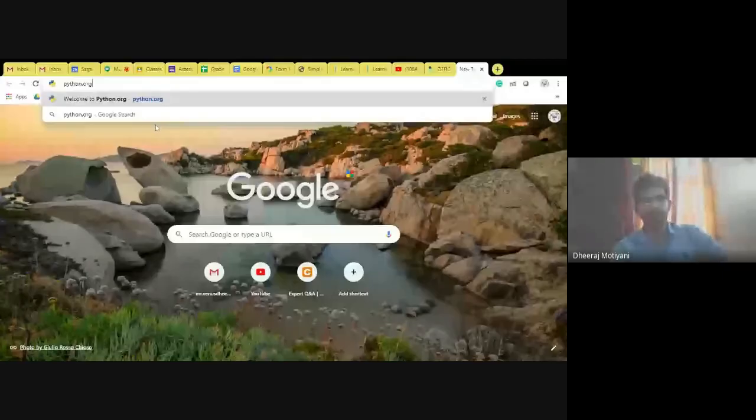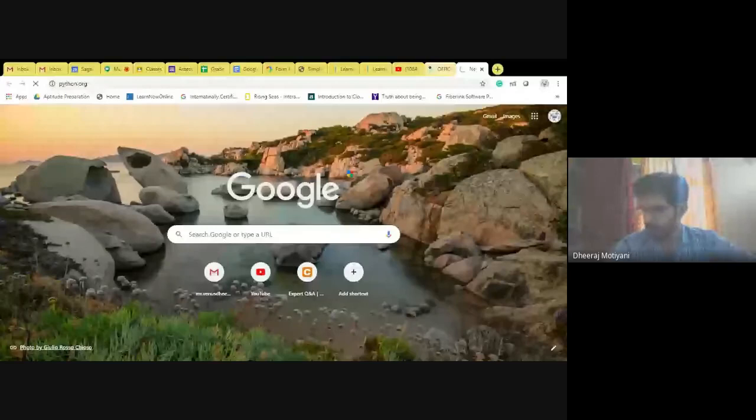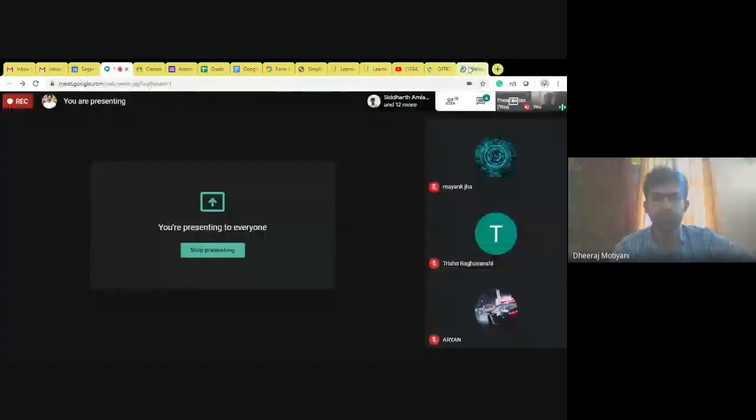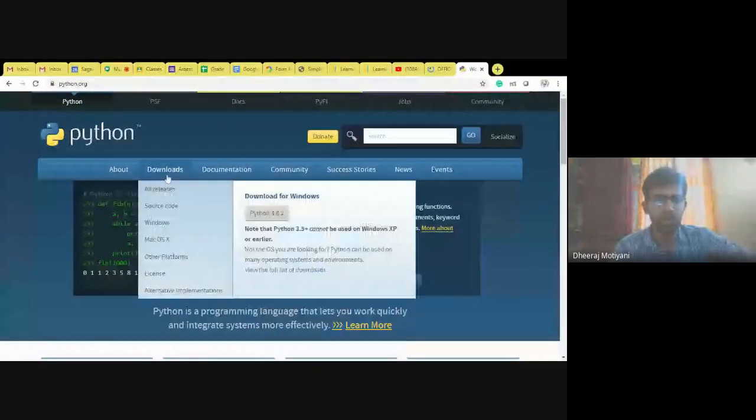Python.org. This is the official website of Python. Once python.org is loaded, you can look at the things. See, this is python.org. You will get downloads.